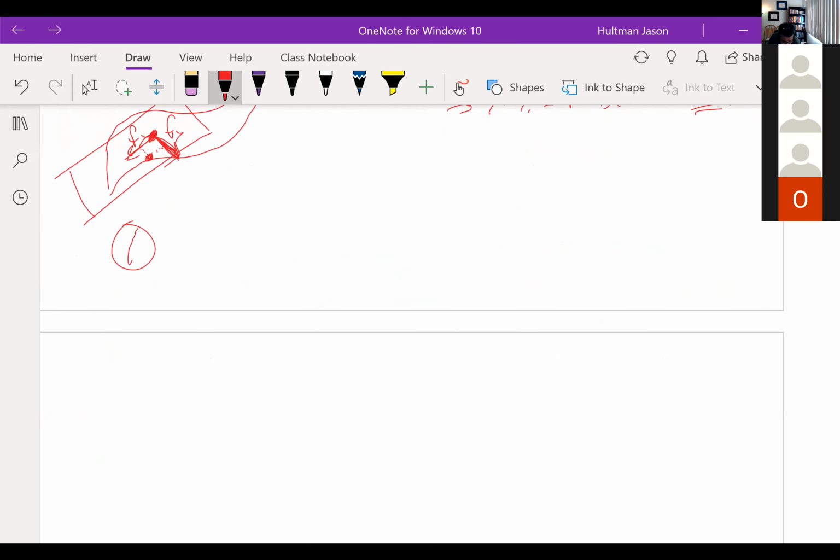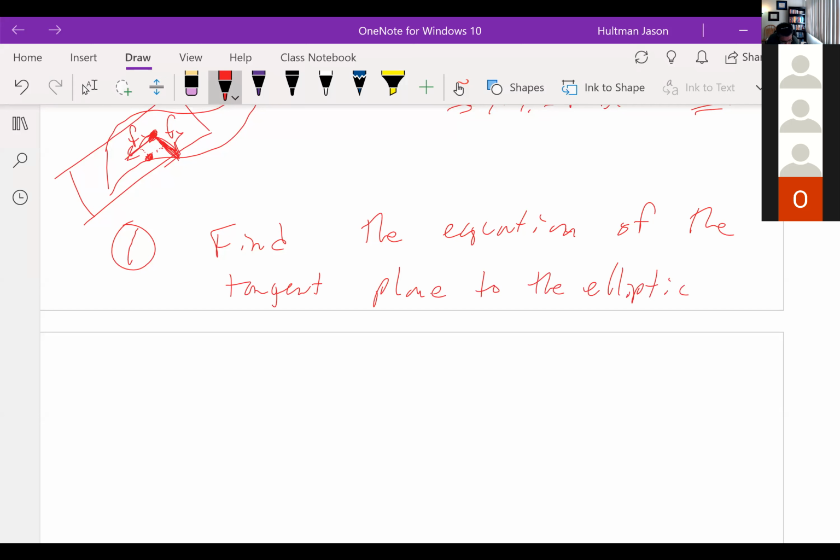Okay, using the partial derivatives, find the equation of the tangent plane to the elliptic paraboloid z equals 2x squared plus y squared at the point. If I plug in 1 and 1 for x,